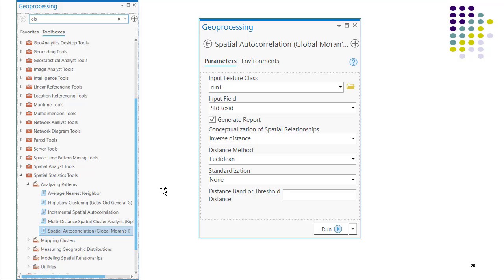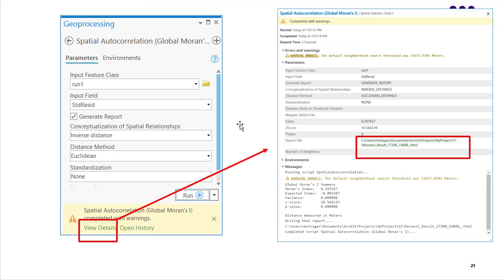So we're going to run the global statistic of spatial autocorrelation, global Moran's I, using the output from the OLS. Our field is the standardized residuals, and we're going to generate a report. Inverse distance is our spatial relationship, and we're not going to do standardization, using Euclidean distance. So this is going to create an output report file to test for spatial autocorrelation. So when it runs, we say view details down here, and then the report file comes up. And I highlighted this area right here because this is the HTML file. So when we highlight this HTML file,